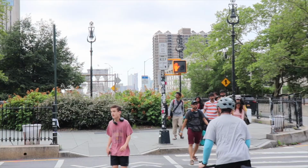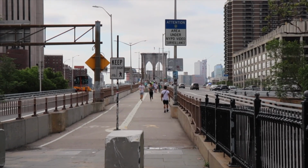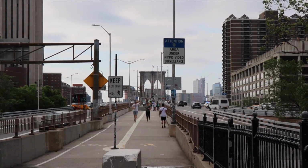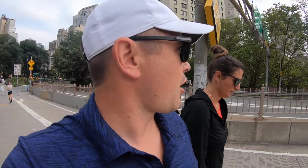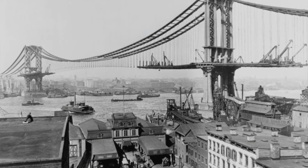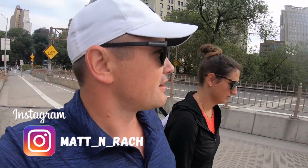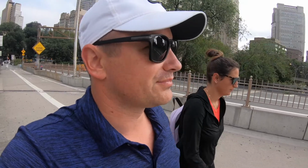Alright, we made it to the beginning of the Brooklyn Bridge. I'm excited. So the Brooklyn Bridge originally opened in 1883. So it's been around a long time. And at the time, for many years, it was the world's largest suspension bridge. And it connects Manhattan here to Brooklyn over the East River. So a lot of history, and obviously